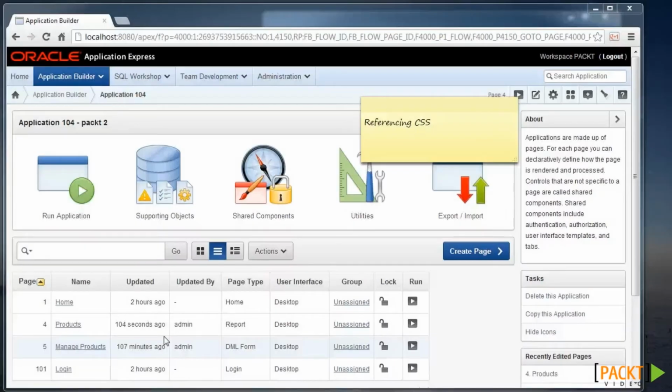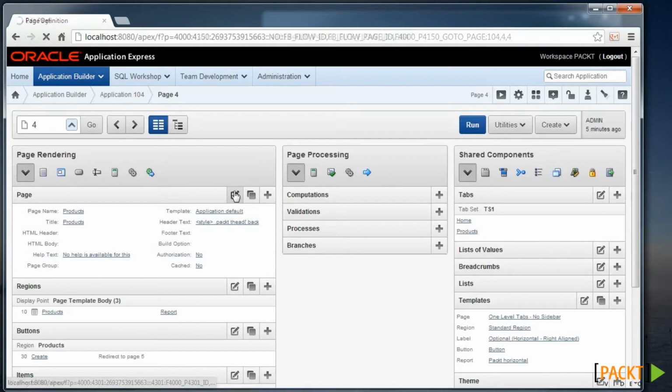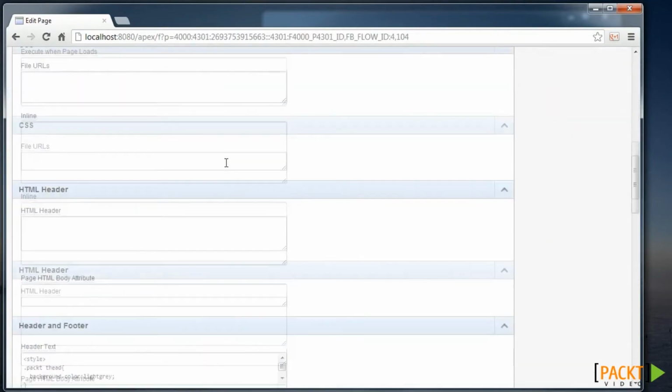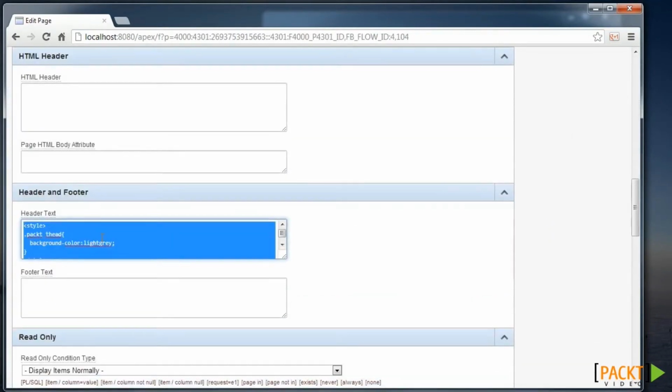Referencing CSS. You may remember adding some style sheet commands to page properties on the products report. Continuing to add these snippets would make maintenance difficult. Instead, we can compile these in our own CSS file and include it within our page template. So first, let's modify the products report and remove that snippet of code. So I'll take this style out